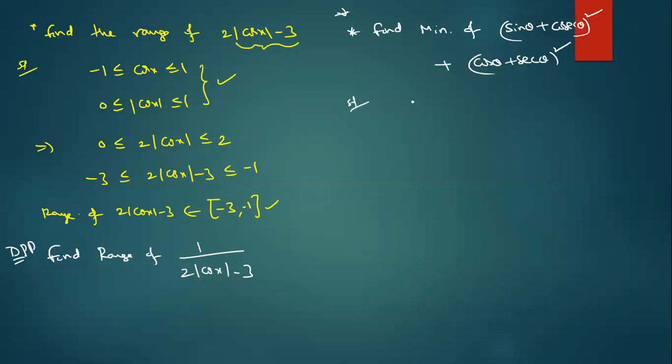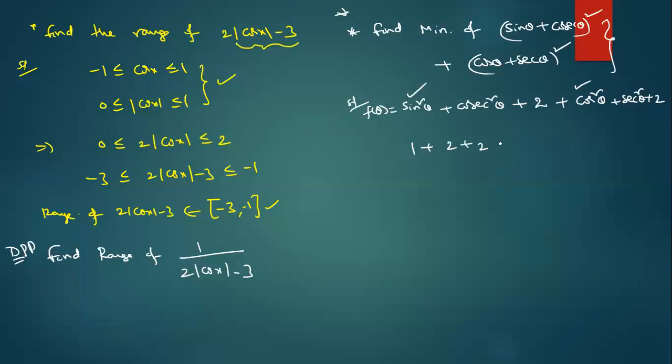Okay, see. So, dear students, what function is given? First of all, sin theta plus cosecant theta whole square plus cos theta plus secant theta whole square is given. First, how to expand this one? Sin square theta plus cosecant square theta plus 2ab, meaning 2 because both cancel, plus cos square theta plus secant square theta plus 2, that is f of theta. Sin square theta plus cos square theta is how much? 1.